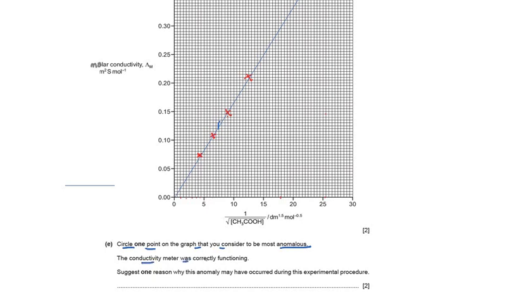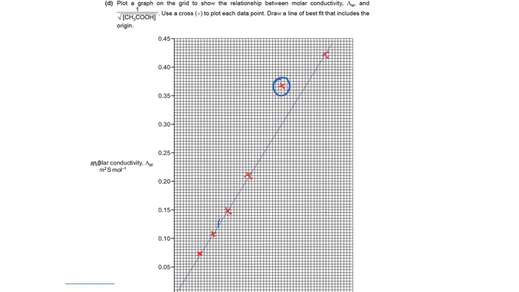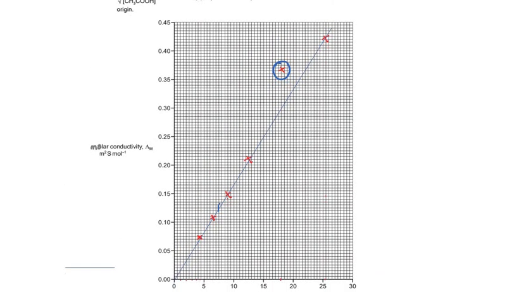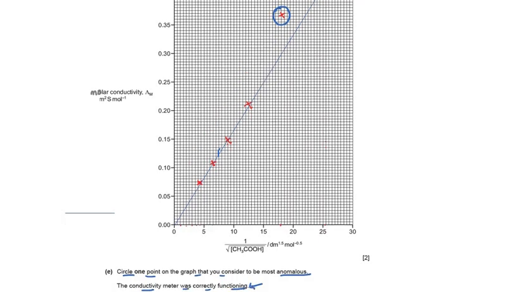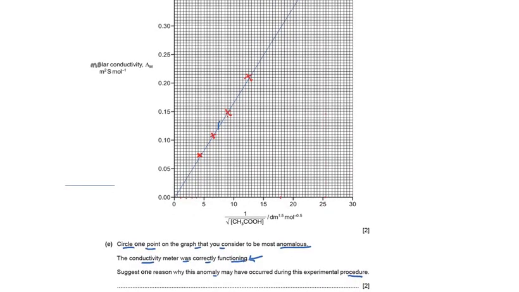The conductivity meter was correctly functioning. Suggest one reason why this anomaly may have occurred during this experimental procedure. Now if the conductivity meter is working properly and only one of the points has gone out, and we can see that it is much higher, we can see here above that the point is higher, meaning the conductivity is much more than what it was required. Now that shows that if conductivity is more,